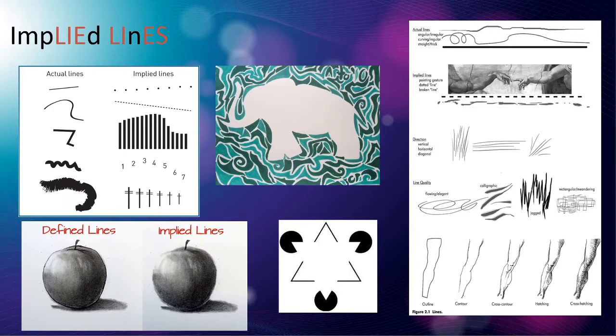Here we drew an outline around this apple, but we don't need to do that. We can, with shadow and light, have some implied lines. Obviously, these random shapes of color and the lack of color imply an outline of an elephant. Here's a triangle and some circles, and they've got chunks cut out of them, and you may or may not be able to see the implied triangle that's there. There's the implied lines, and there's some more stuff about lines.